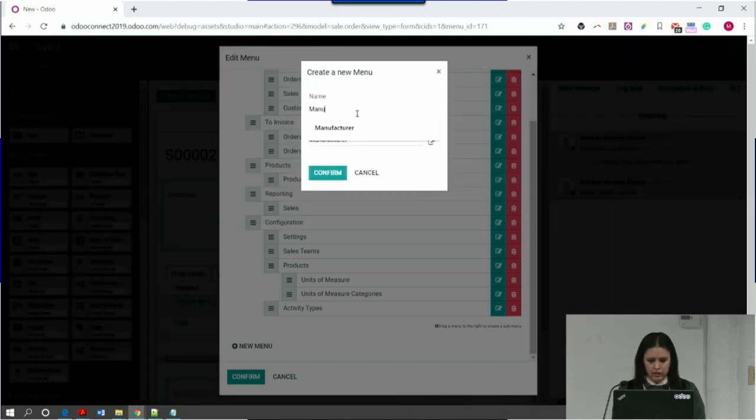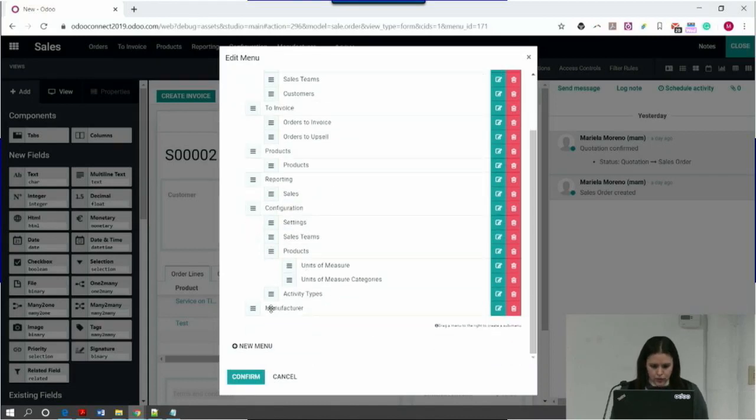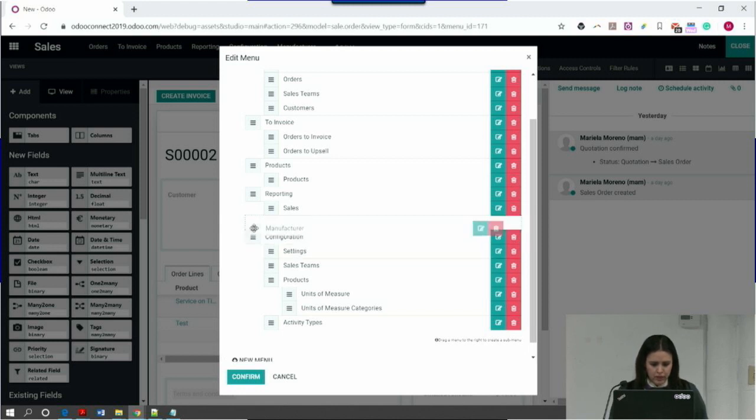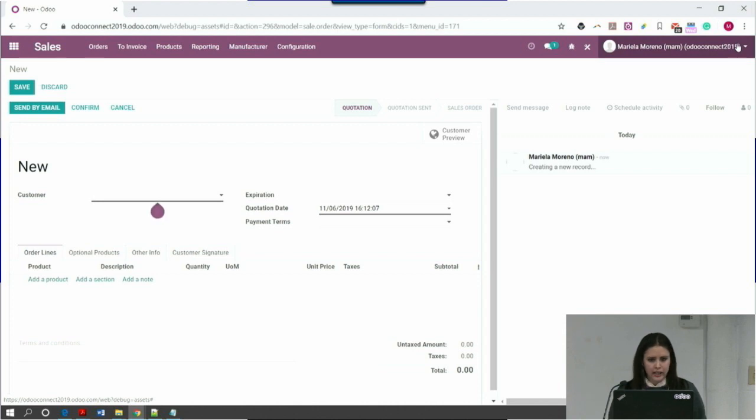And I'm going to call it manufacturer. I'll go ahead and confirm. And it's right there. I can drag and drop it to any section that I want. I'm going to do it under the main menu so I can see it. Click confirm. And it is right there, that option. Okay, I'm going to go ahead and close it. It's a brand new model, so it's not going to have any data. So if I go ahead and click there,